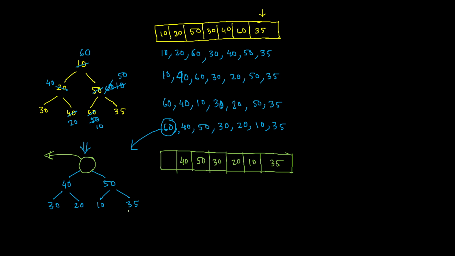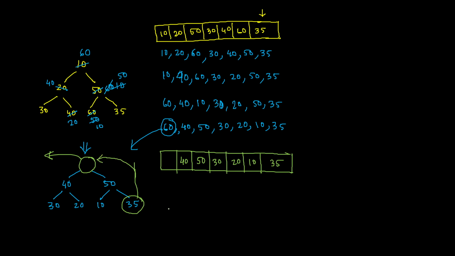complete binary tree, you cannot take any one of the values from this side, because a complete binary tree says that all the levels should be filled other than the last level, first point, and second point is that the leftmost child should be filled first and then the rightmost child. So you cannot arbitrarily take 10 without taking 35, and the same for 30 and 20. So that means what will happen? This 35 will take its place.